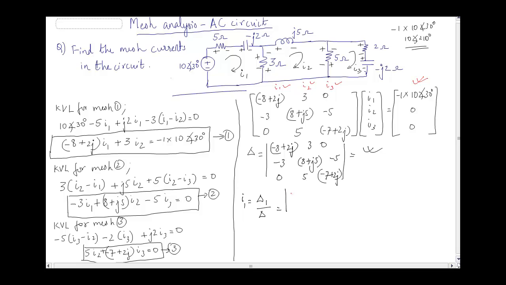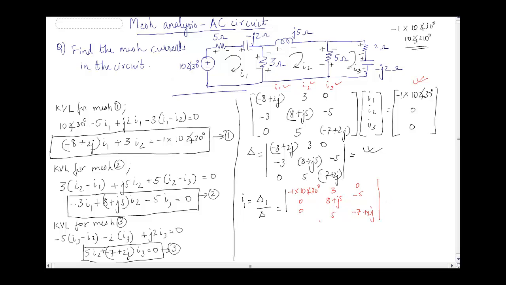So I will have the determinant of minus 1 into 10 angle 30 degrees, 0, 0, replacing this I1 column, and then the I2 column I will write as such it is. So 3, 8 plus j5, and this is 5. The last column is 0, minus 5, minus 7 plus 2j,